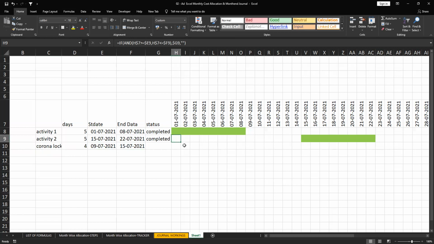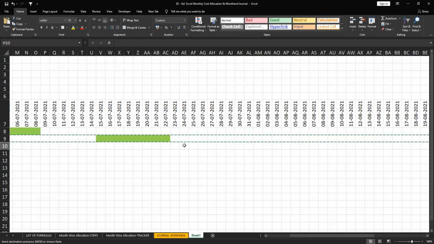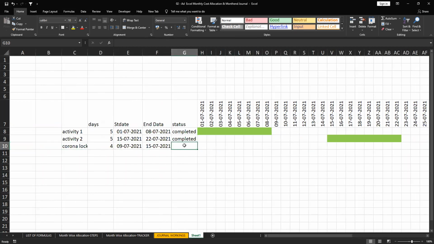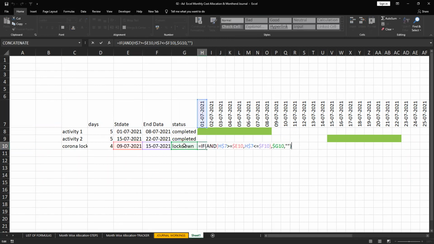So I need to lockdown. 9/7 to 15/7. Why is this not happening? Correct only.